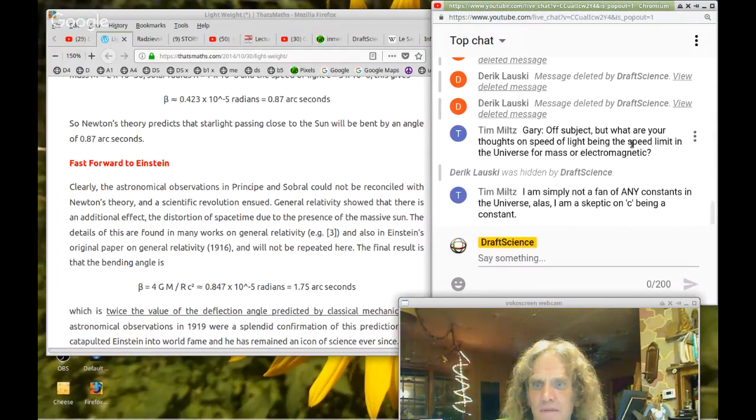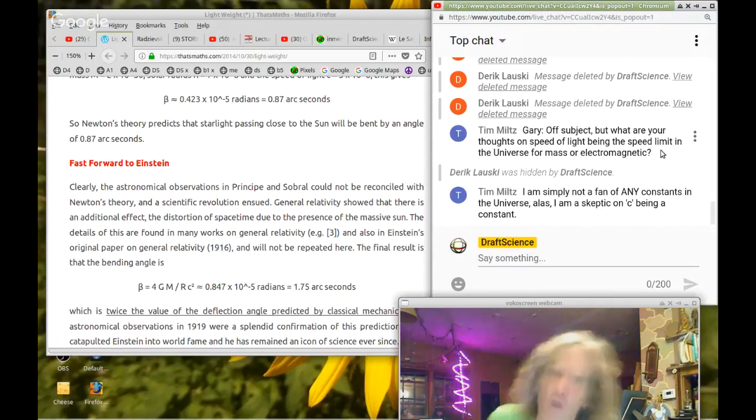Off subject. What are your thoughts on the speed of light being the speed limit? Obviously, I've made it so clear that I've pointed out it's the only speed force travels. No bit of force ever travels any other speed. Ever. Magnetism never goes any other speed. A piece of gravity never goes any other. Nothing moves any other speed. And it's the only stuff technically moving. Anything else moving is moving because a force is pushing it.